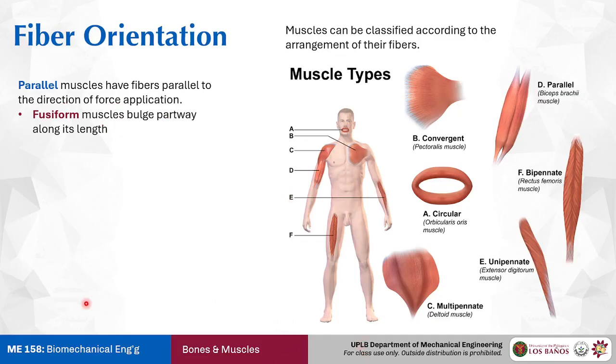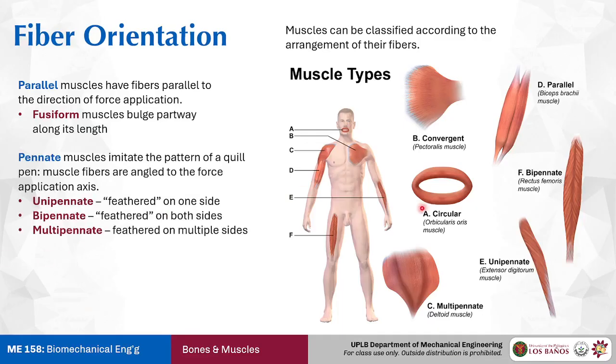For the other type of muscle, we have what we call the pennate muscles. They're pennate because they kind of resemble a quill pen in real life. So there is a unipennate, wherein you have a tendon running into the middle of the muscle, and the muscle fibers are kind of flaring out like barbs of a feather. So for unipennate, you have one column or one row of, quote unquote, barbs. And for bipennate, you have two rows of barbs, so kind of like a real feather. And you can have multi-pennate systems wherein you have, quote unquote, multiple barbs arising from a single tendon or two.